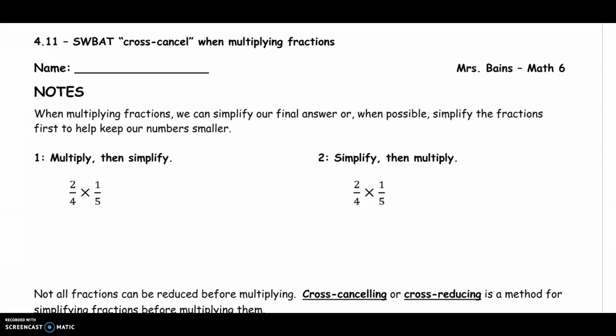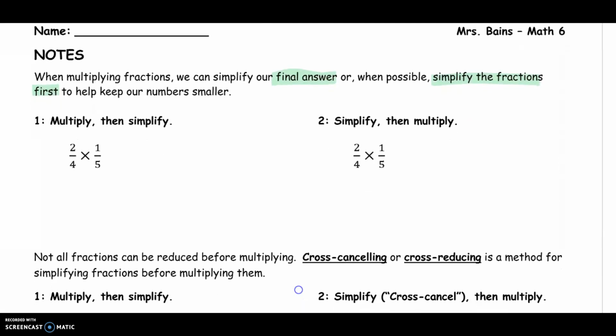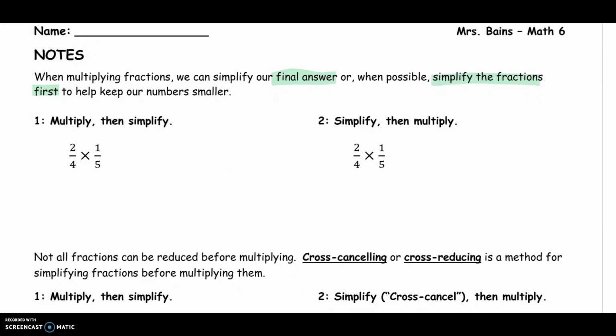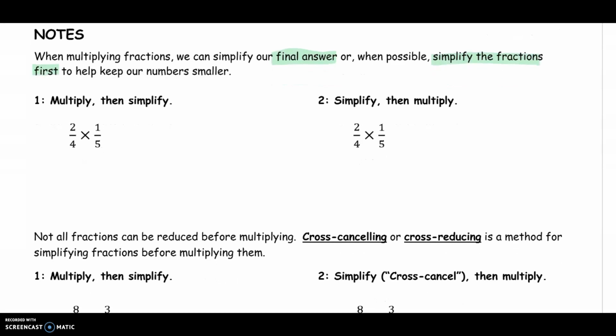And the way that we did this before is simplifying our final answer after multiplying the numerators and multiplying the denominators. But when possible, we can simplify the fractions first to help keep our numbers smaller. So I'm going to show you an example of both. So for example, the first question says 2/4 times 1/5. So I can go ahead and multiply the numerators 2 times 1 and the denominators 4 times 5, and I